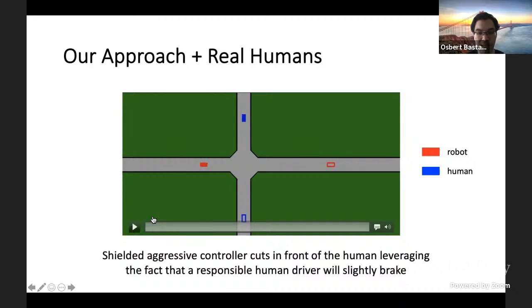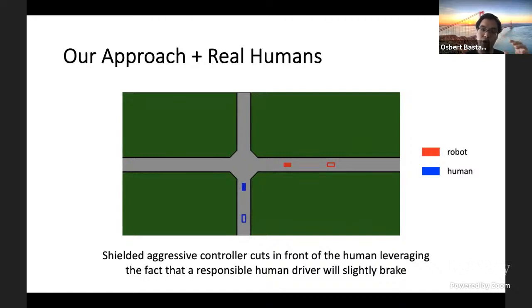And just to show that we have the same kinds of results, I think this is the video I showed at the beginning, but now in this case, this is a real human driver. There's this kind of complex negotiation that goes on, and this all naturally falls out of the shielding framework. As soon as the robot is sure that the human can safely come to a stop, it's going to go ahead and take right of way and cross the intersection in front of the human. And because the human's first order concern is to avoid an accident, they'll actually stop and let the robot go, even though they also wanted to cross.